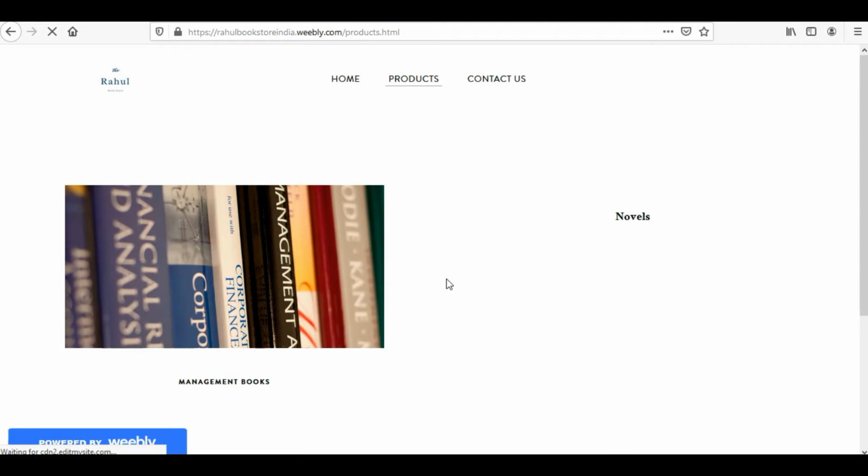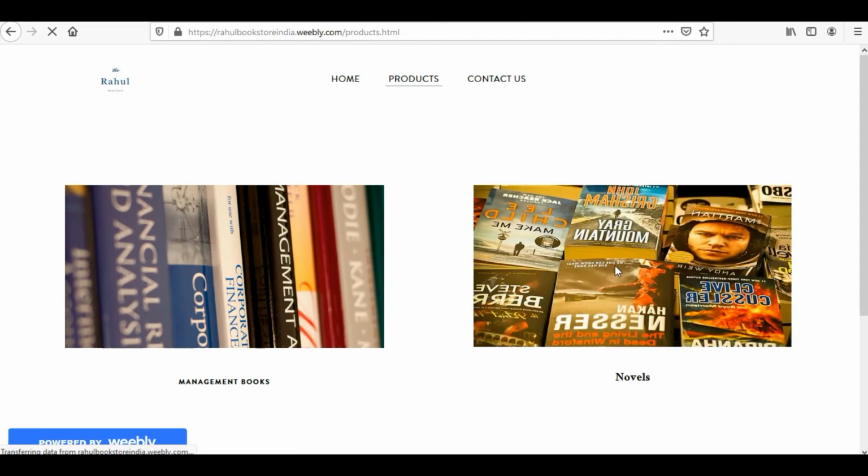Similarly, if I go into novels, somebody would click on this novels link, the person would go to the page of the novels, and within novels there could be different genres of novels. Pages could be created. Suppose I have different clickable links related to different genres of novels, and if a person clicks on a particular genre, all those relevant novels could appear, and these pages could be created using affiliate links also.